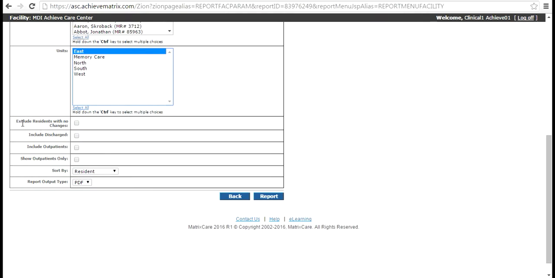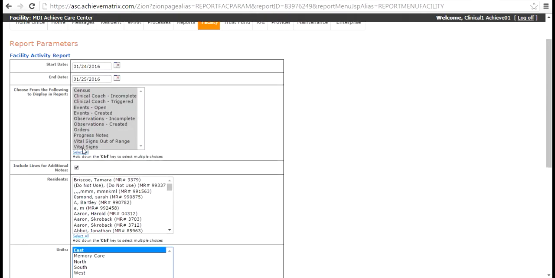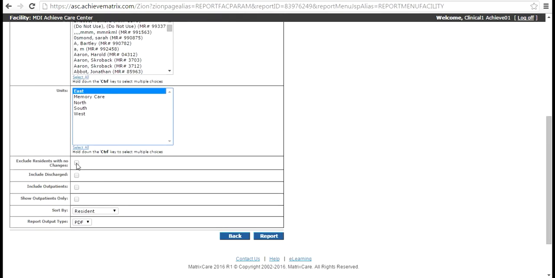Right here we have the option to exclude residents with no changes. This would remove anyone from the report that had no documentation that falls under any of these categories within the past 24 hours. This would definitely shorten your report, so it is an option if you want to use it. Include our discharged residents, include our outpatients, show outpatients only. Sort by, we can go alphabetically by last name with all the residents, or we can look at unit, room, and bed for the sorting. And then by clicking report,